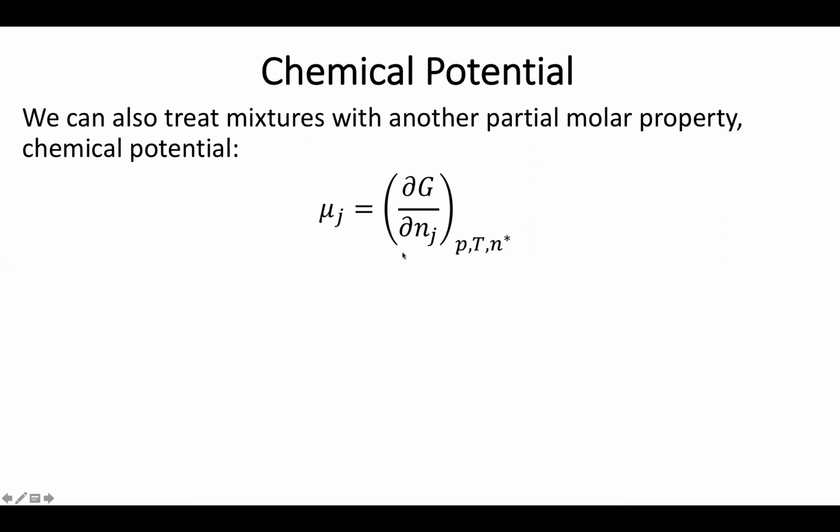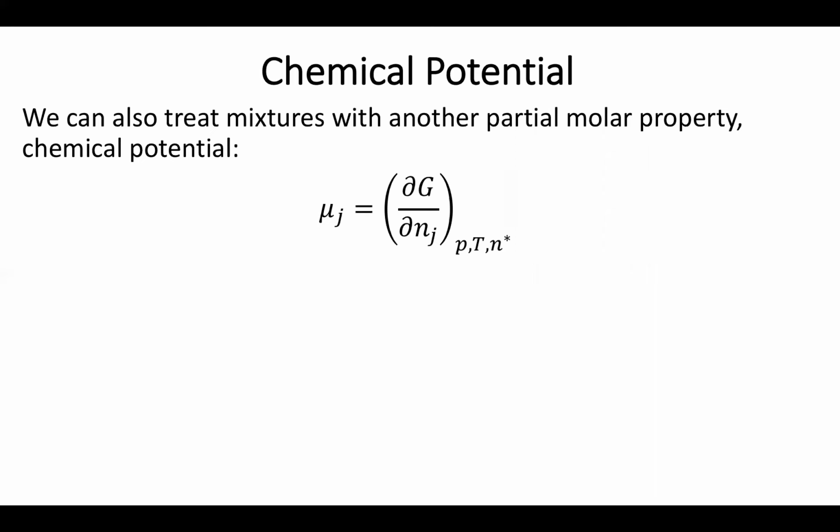the change in the number of moles of the given species of interest. Again, under constant pressure, temperature, and amount of other species. So another way of viewing this is just like with partial molar volumes, that the chemical potential is going to be concentration specific. So as the concentration of our species in the surroundings changes, or the concentration of species J with respect to the total composition, we're also going to be expecting the chemical potential of the system